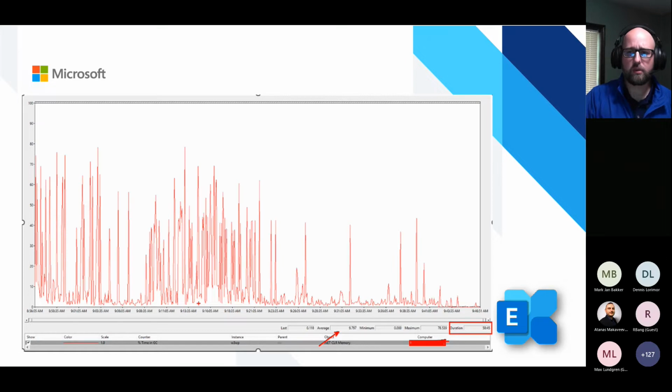So, here's what I was going over with the entire view. You have a 50-minute view of performance data, and we were experiencing issues with, I believe, the MAPI front-end app pool, where clients were just freezing, not working correctly. But you can see that towards the end, the line balances out and is pretty low. What this counter should be at for an average should be 10 or lower. And I'm not sure if you can quite see it on this, but it's showing, I believe, 8 or something